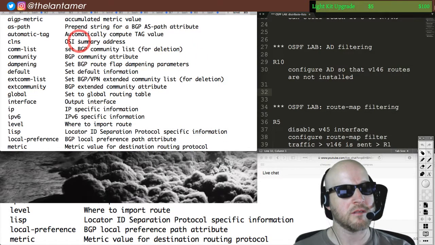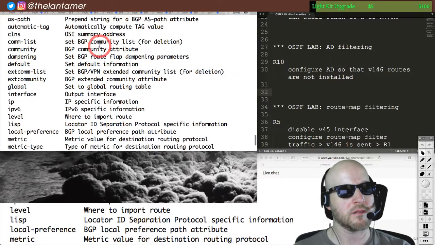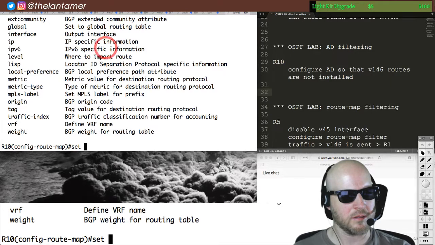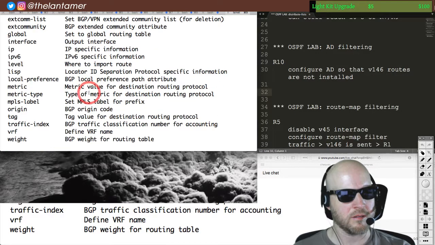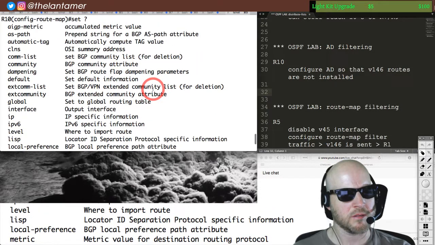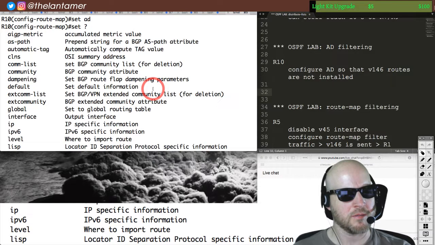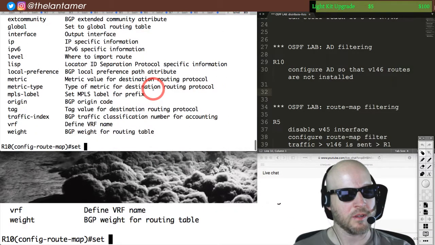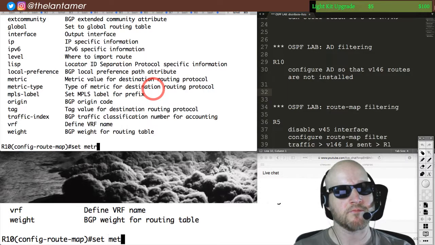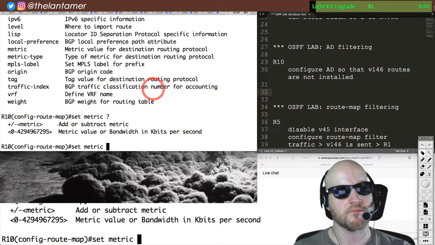No. Metric value for destination, where to import route. Yeah, that's not what, there's a